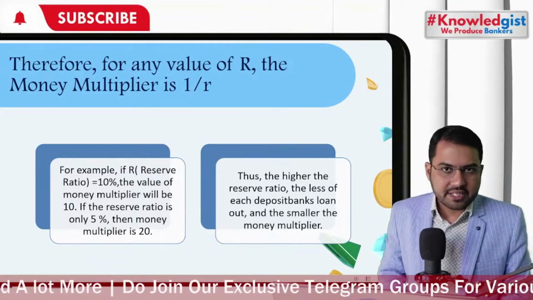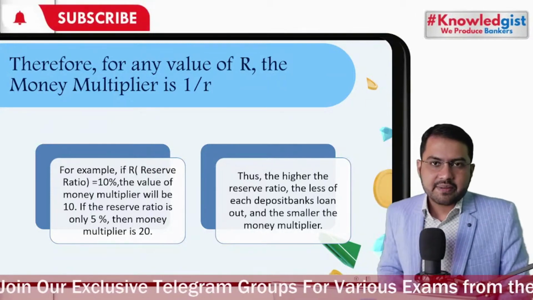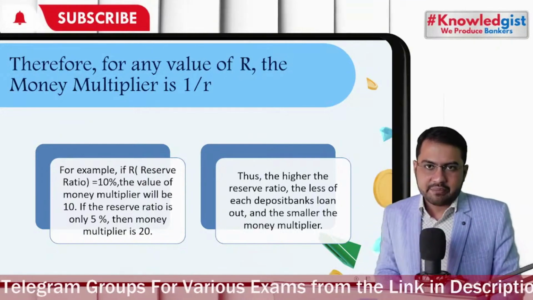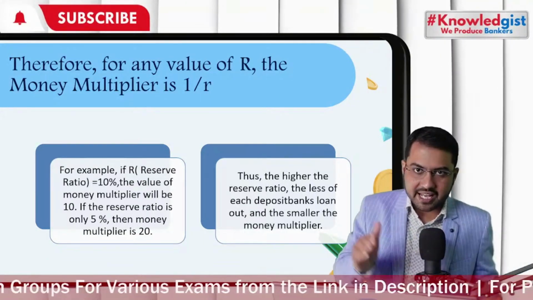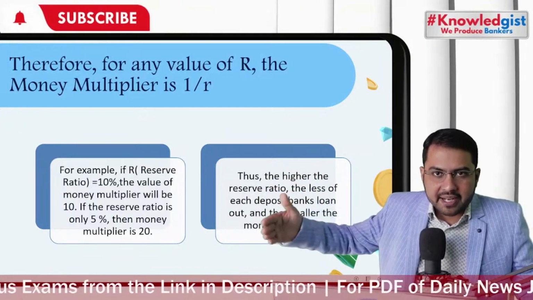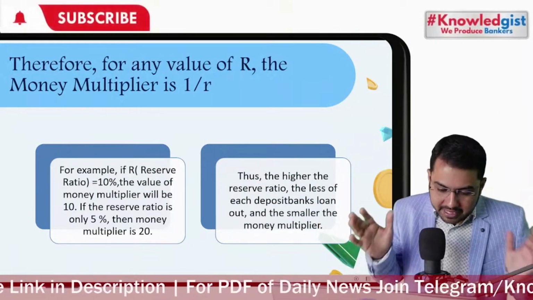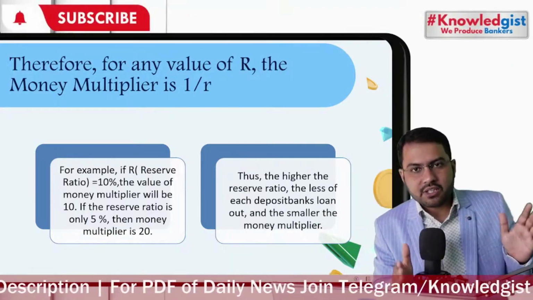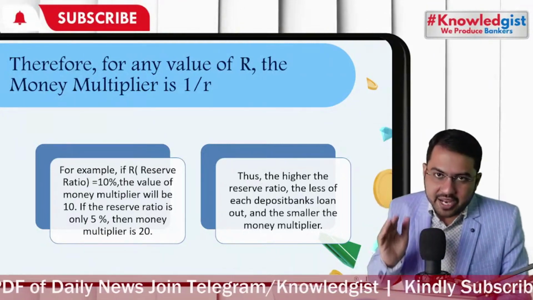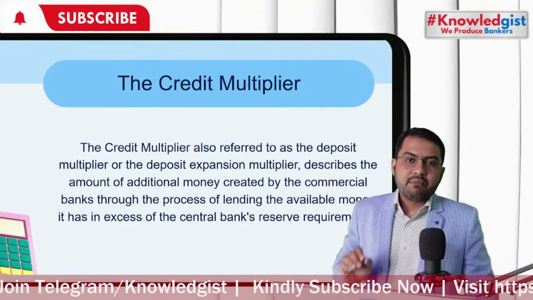If it is 5 percent, 1 by 5 percent or 1 by 0.05 is equal to 20. Calculate. Okay, 1 by 0.05 is 20. Then the money multiplier is 20 times. It is based on the reserve requirements, the CRR requirement, because whatever money is given by Reserve Bank of India to the bank, the bank then gives it to the public in the form of loans. Public again comes with a deposit. A portion of that deposit is always to be kept with Reserve Bank of India as per the reserve requirements of our banking system. So we have to calculate 1 by R percentage to decide the money multiplier.